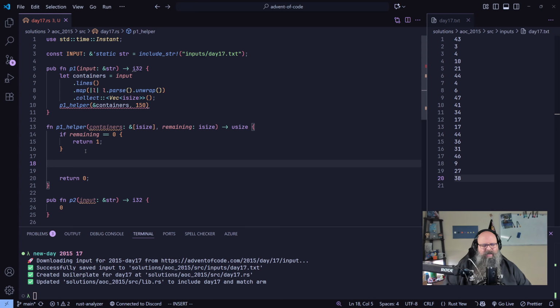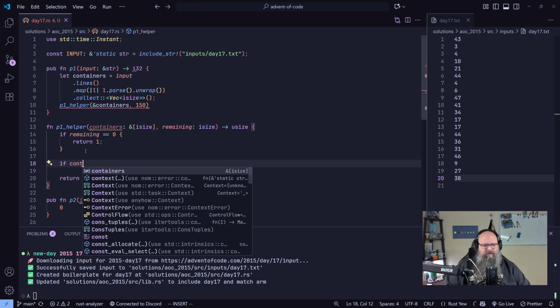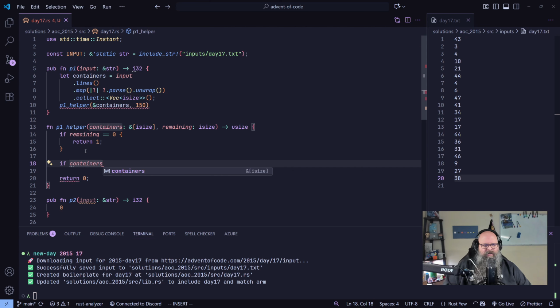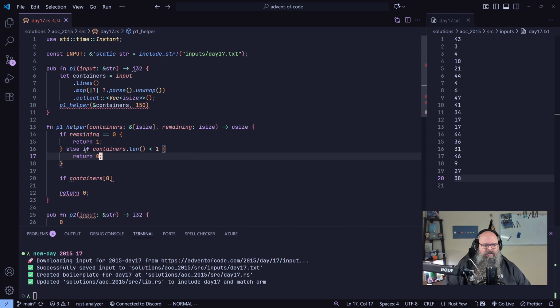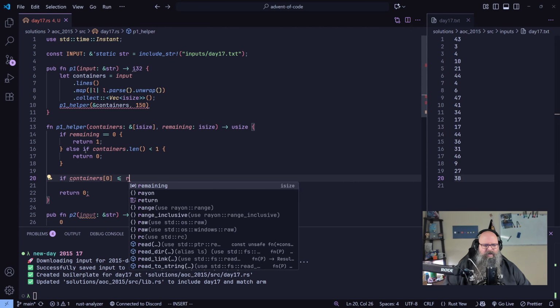So we'll say, if containers... we should do an else if containers dot len is less than 1, return 0. So we know there's at least one container. So we'll say if that is less than or equal to remaining,